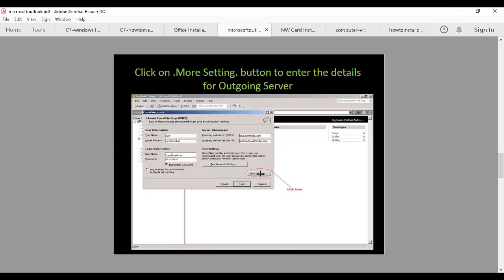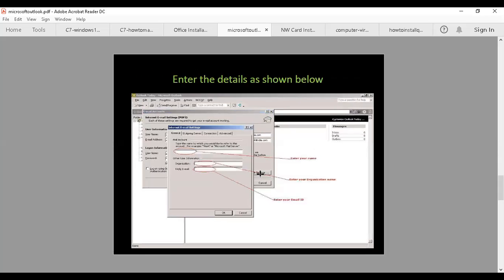You need to select the more settings option. In more settings, you will have organization, reply email, etc. details. Enter your name, your organization name, and your email ID.